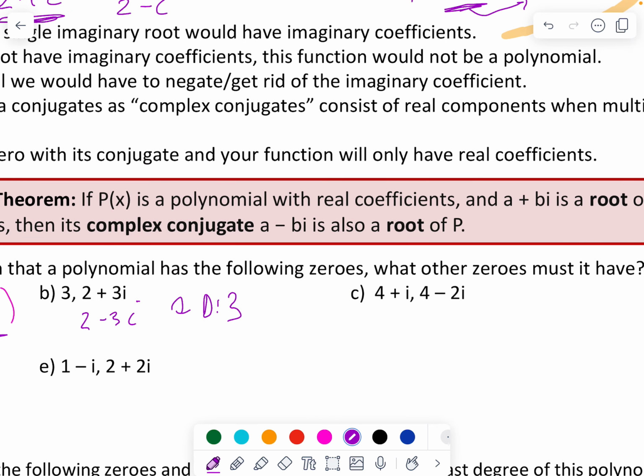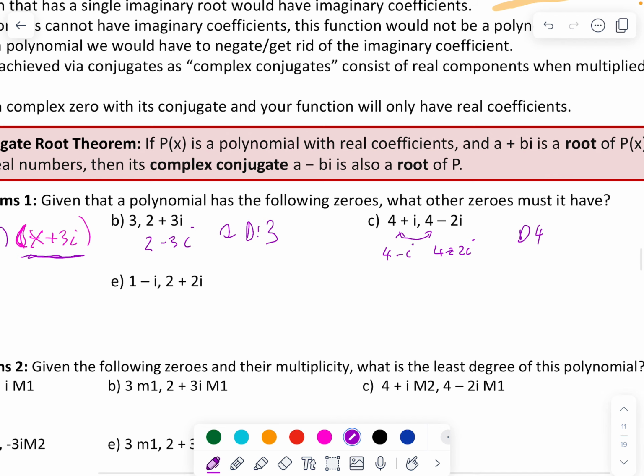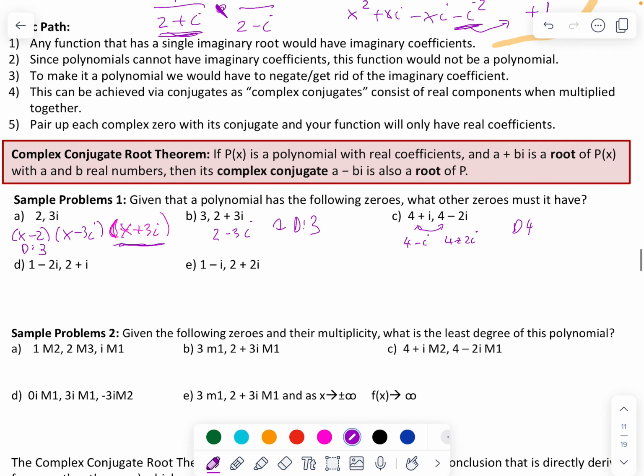In this case, since these two are not conjugates of each other, I must also have a 4 minus i and a 4 plus 2i. So that means this will be at least a degree 4. And looking at this one, which I really like, it's kind of a neat little hidden question, if you were to take this right here and factor it out, it would be